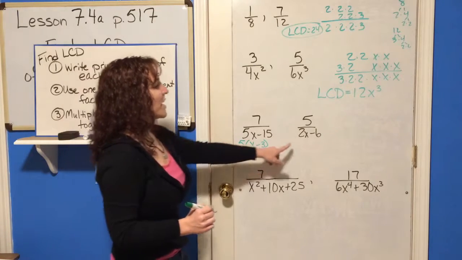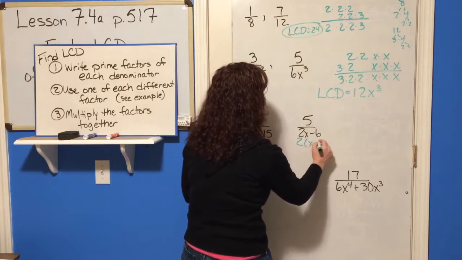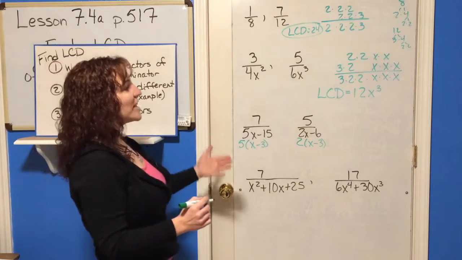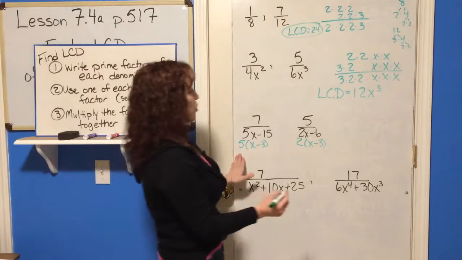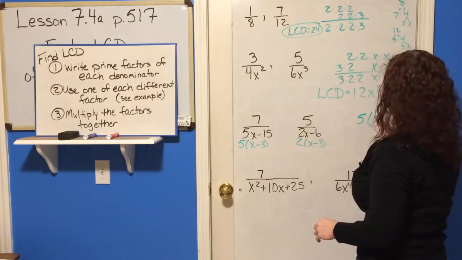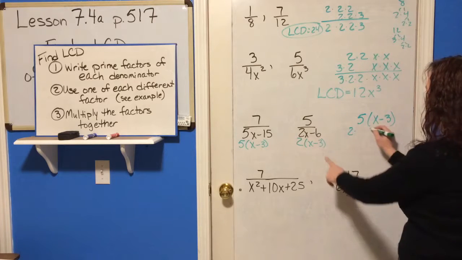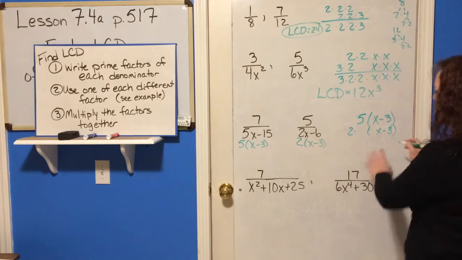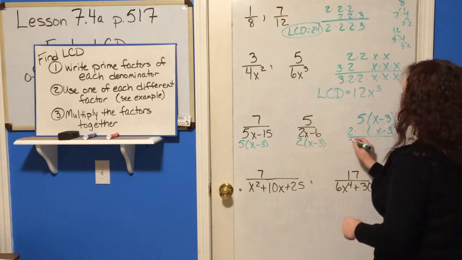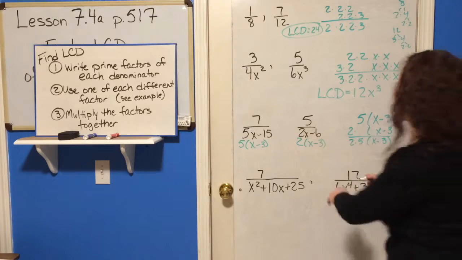All right, and now with this one, there's a 2 in common, so you pull out the 2, and what you have left is x minus 3. So then, when you list out your factors, you've got 5 times x minus 3, and you've got 2 times x minus 3. So that x minus 3 is in common. We don't need to have it twice, but we do need a 2 times a 5 and an x minus 3. So our LCD in this case